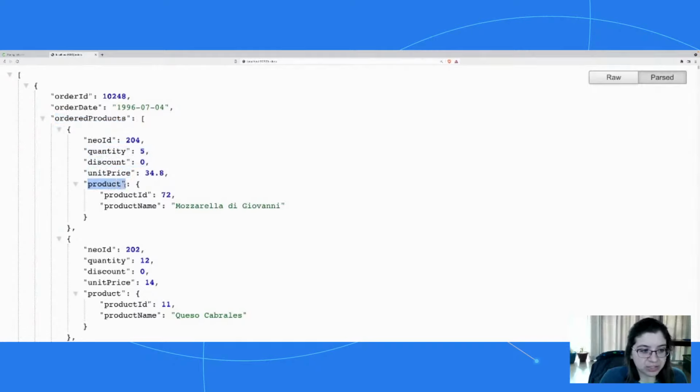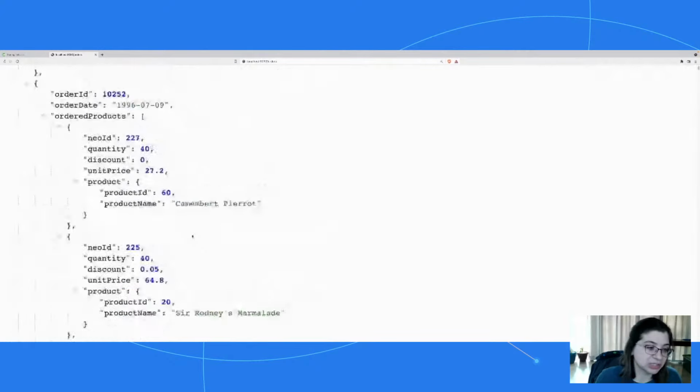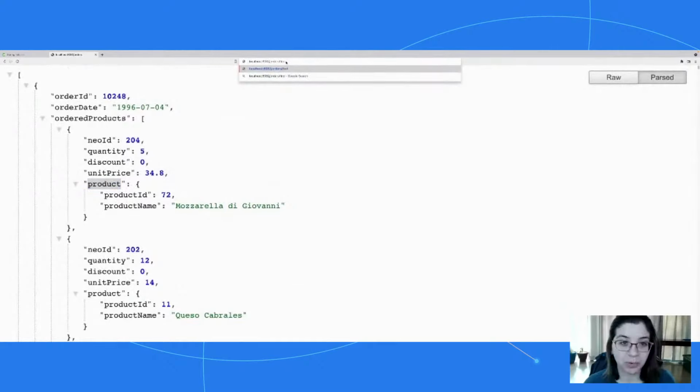And then it goes on over to the product entity, or node in this case, and grabs the product ID and product name. So we can see it's pulling back multiples. Looks like all that information is good. Let's see if our other endpoints fared as well. So find by ID, order ID,